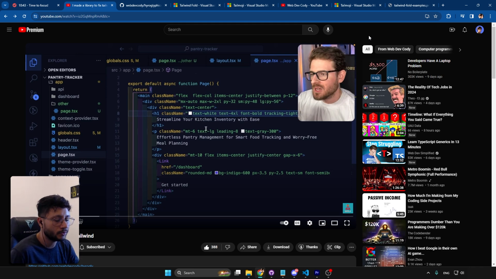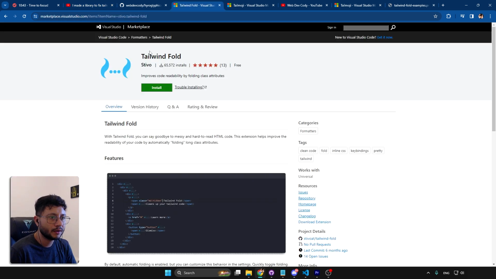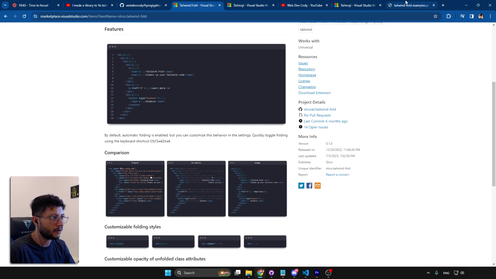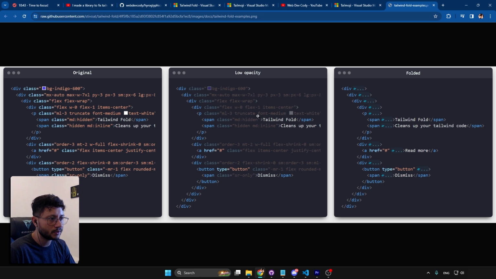Last year, Dev Codey posted a video about a library he made to fix Tailwind. And when I say last year, I mean it's 1st of January, so it's been like a couple of weeks actually. This grabbed my attention because my colleagues at work always complain about these class names. I previously found this Tailwind Fold extension for VS Code which hides the class names,